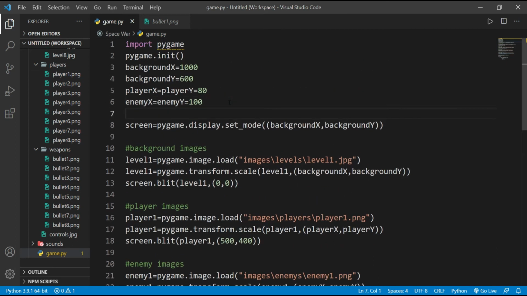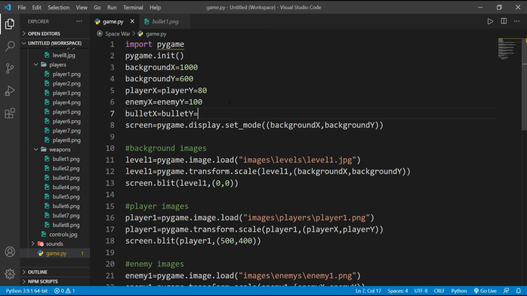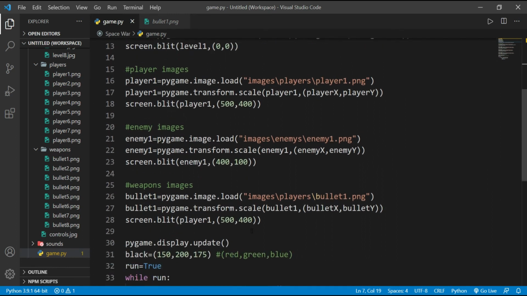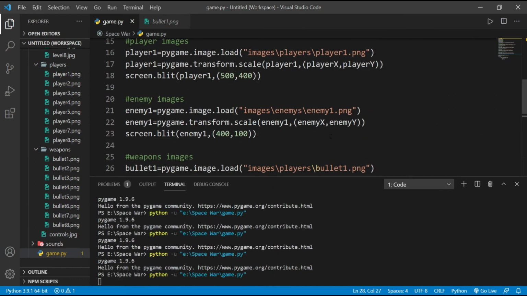And here I will write the size of bullet which I want to choose. So let's bullet x and bullet y equals 40. So I'm giving the size of bullet as 40, which is half the size of our player. And again here we will correct the position of our bullet. So I'm setting it to 300 in the x and 300 in the y axis, and let's run it.